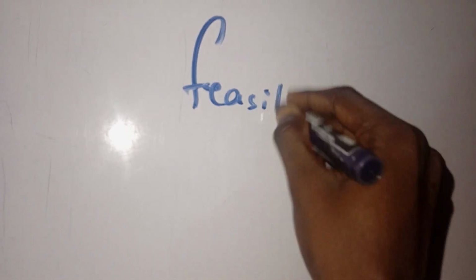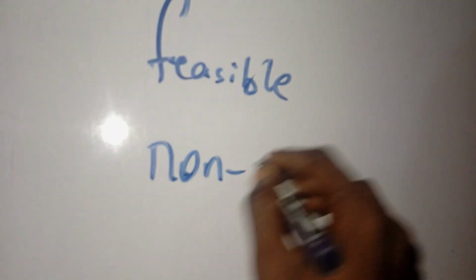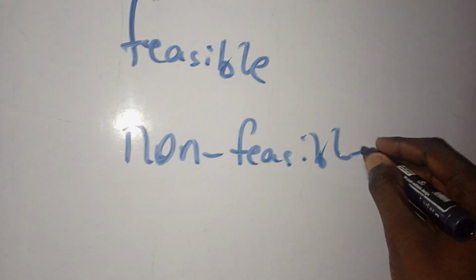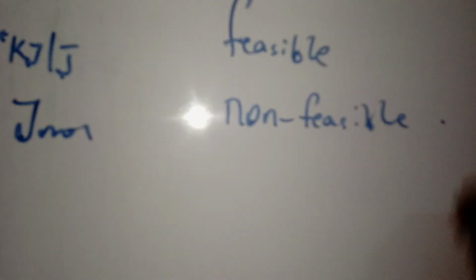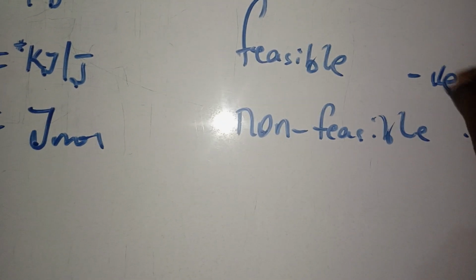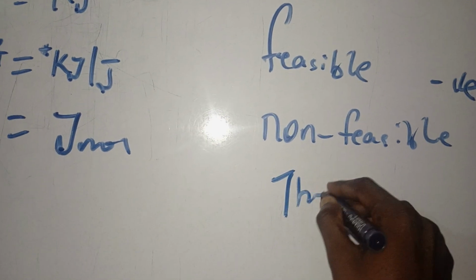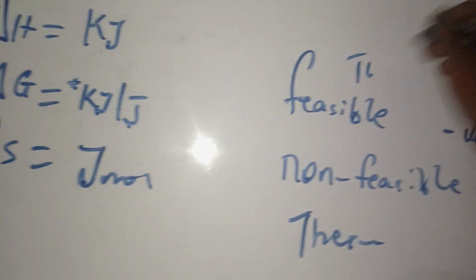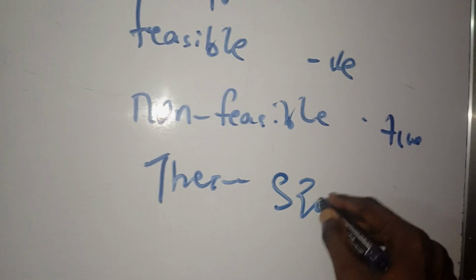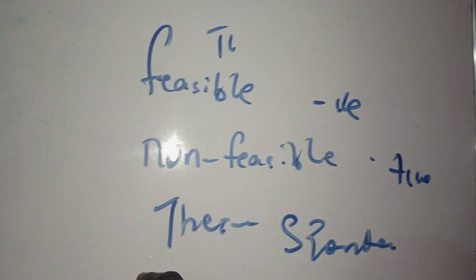I just want us to get the concept, which is option A. If it is negative, we used to say feasible under delta G: feasible and non-feasible. Sometimes we say thermodynamically non-possible or thermodynamically feasible. Or sometimes they use the word spontaneous or non-spontaneous. We know that for S, for H, for G, if it's positive, there's something that it implies.